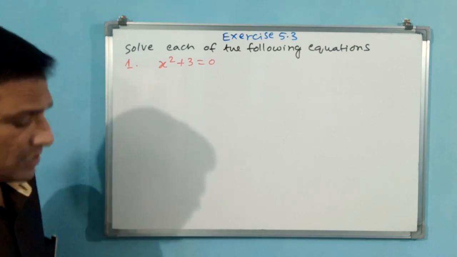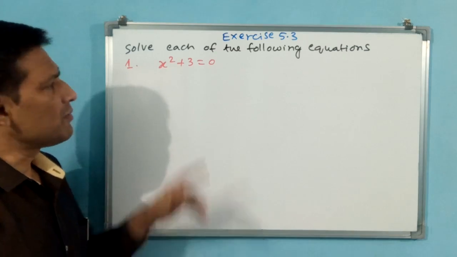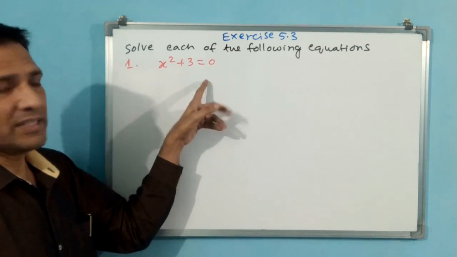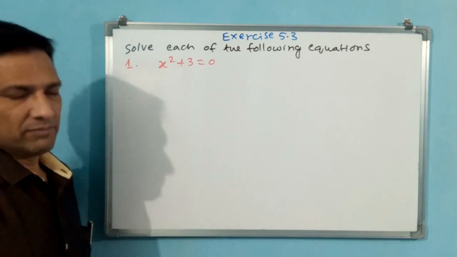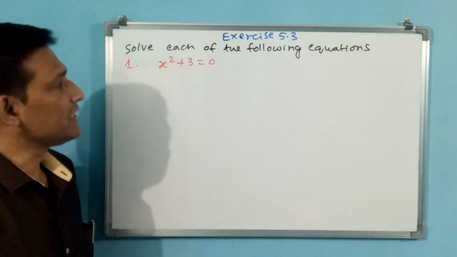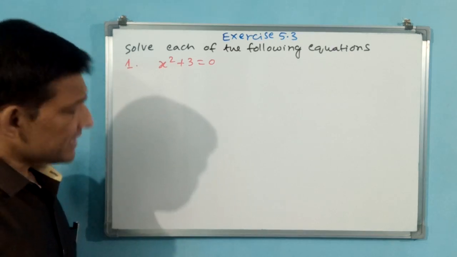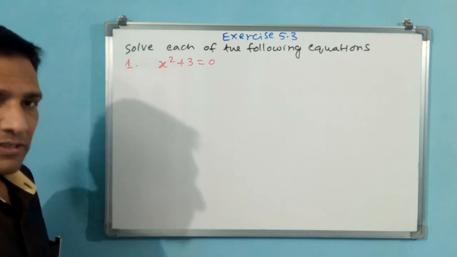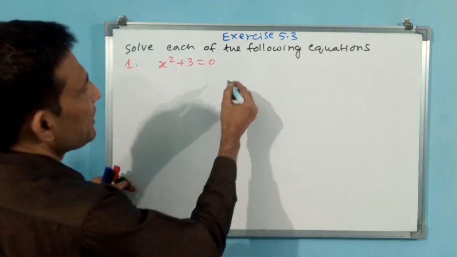Now see, is it a quadratic equation or not? It is a quadratic equation only. Why? Because of the form ax square plus bx plus c. Here c is there, bx is not there, that means b is 0. Like that you have to understand. a is 1. But directly also you can see, you need not write all these things, because in one step also you can do it.